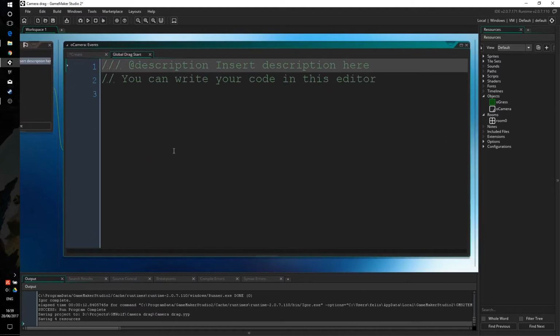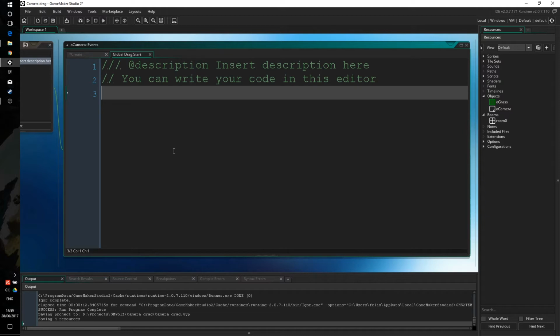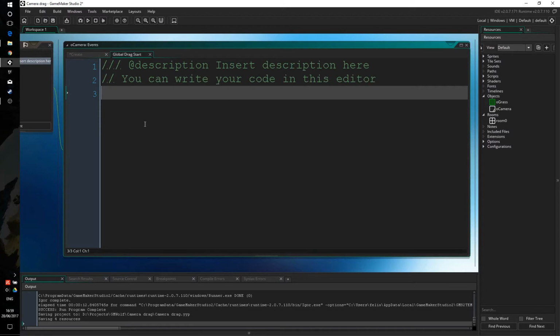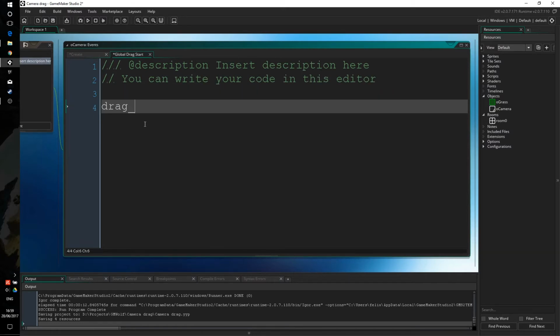Now this event gets called when you start dragging your mouse, or so when you click down and start moving it. So this is really quite useful to start getting offsets and so on. And what we're going to set here is the variables we defined inside the create event, the drag_room_x and drag_room_y. So we're going to write drag_room_x, and we're going to set that to the point in the room at which we're clicking. Now we could use mouse_x. However,